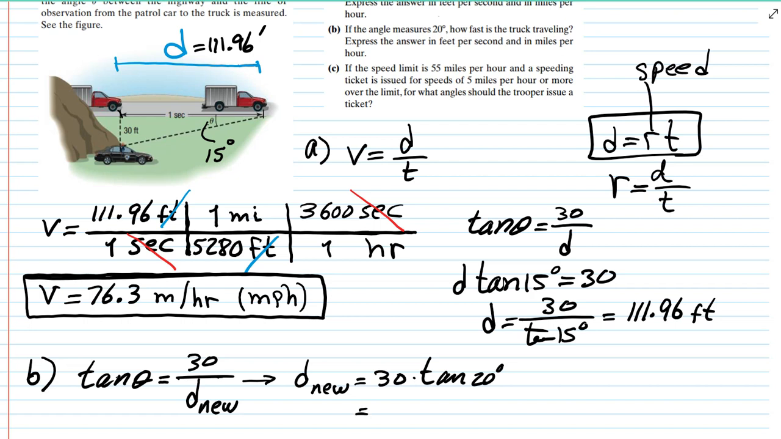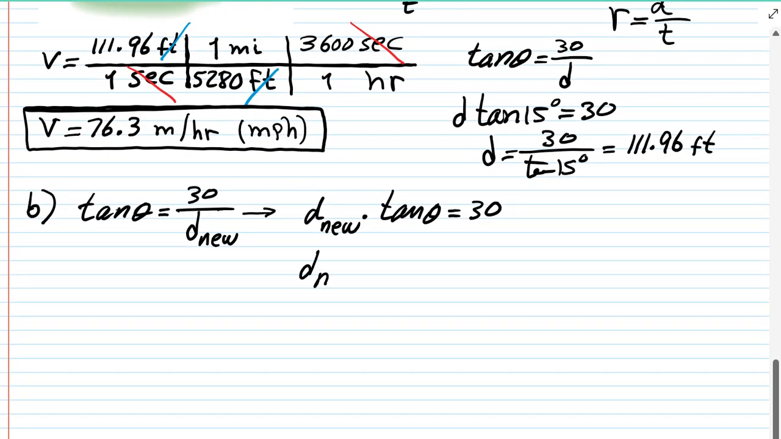All right, and 30, tangent of 20 degrees this time. Or sorry, hold up. When I cross multiply them, I get the new distance times tangent theta is equal to 30. So actually the new distance I have to divide by. Glad I caught myself. Okay, 30 divided by tangent theta, and theta is 20 degrees now. So 30 divided by tangent of 20. And this one, if I use my calculator,